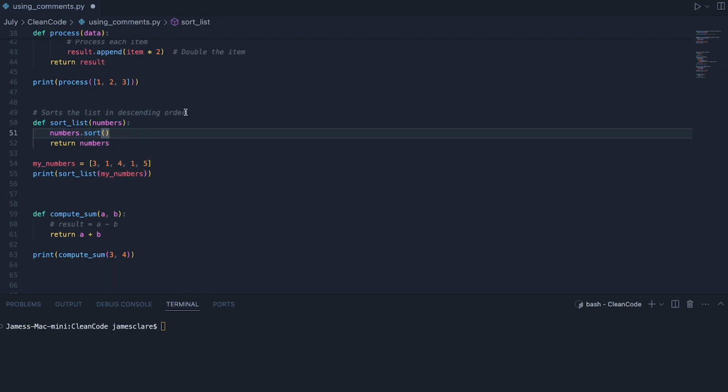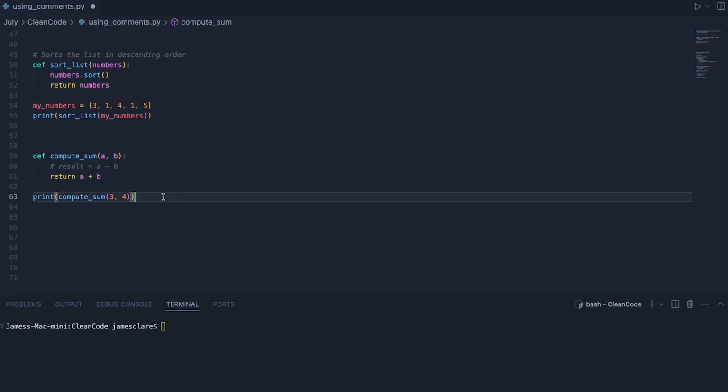And if you were a newbie in Python, you might see this and go, oh, okay, that's what it's doing, when actually it's incorrect. It's not descending, it's ascending order. And then this here, commented out code. I suppose at one point this might have been put in, then we might have returned results. This is completely not needed. We're just doing it here instead. So things like this, yeah, they can get straight in the bin.